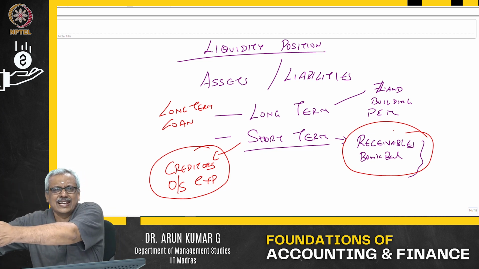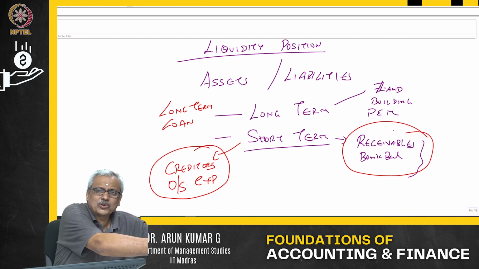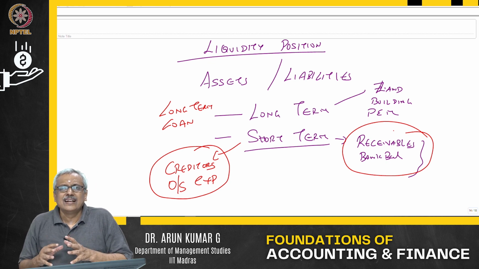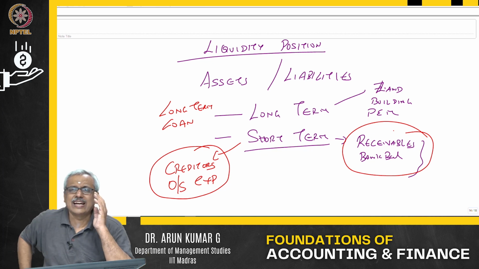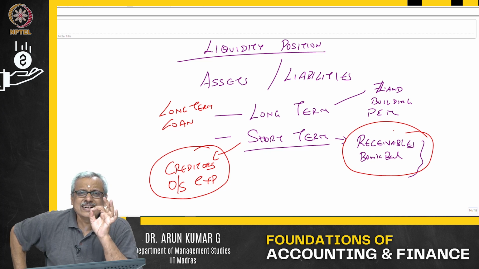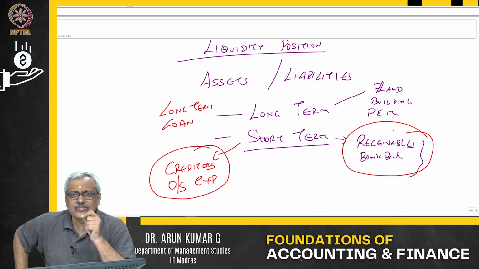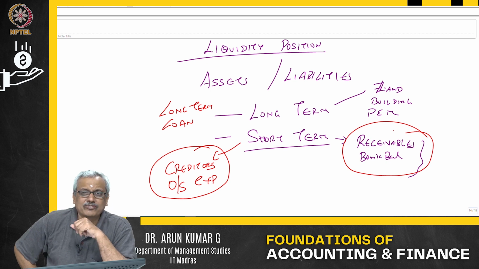I receive money on sales, I will take that and pay the person to whom I have to pay for the purchase of raw material. For example, today let us say it is 20th January, I have purchased raw material on 30-day credit. That means I have to pay the supplier on the 19th of February. I take 5 days to manufacture. I manufacture on the 25th, I sell on the 25th again on 30-day credit. That means I will receive money on the 24th of February.